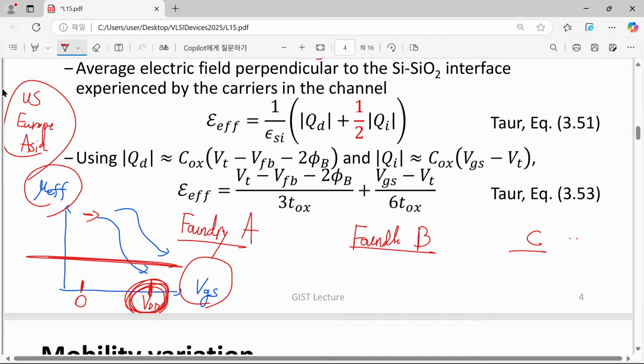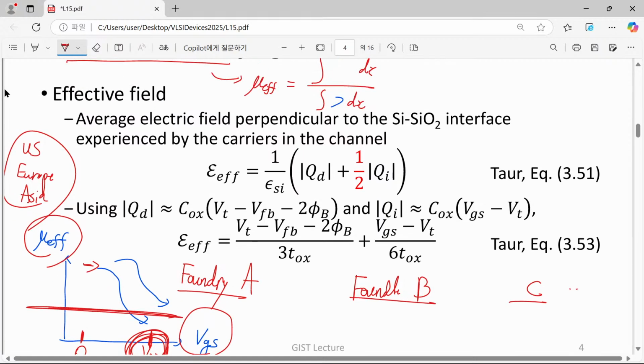However, amazingly enough, researchers have found that instead of this gate voltage, if we switch to a different independent variable called the effective electric field, then amazingly enough, independently fabricated MOS transistors all share the same